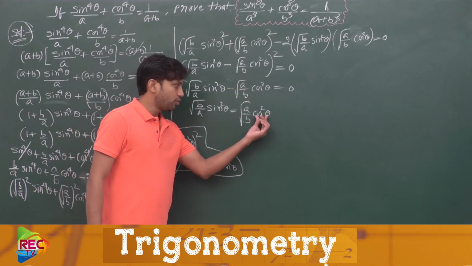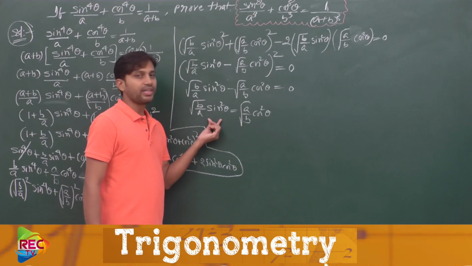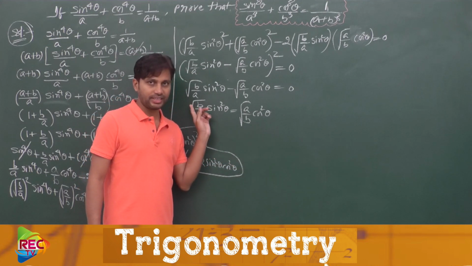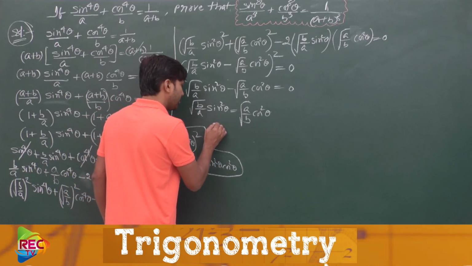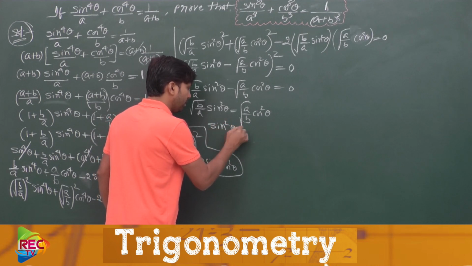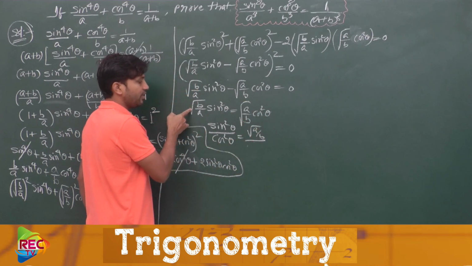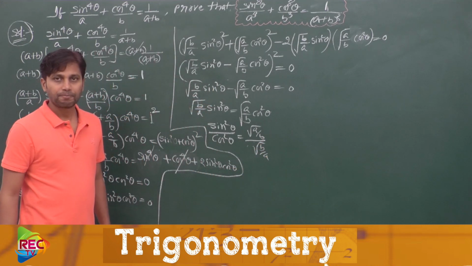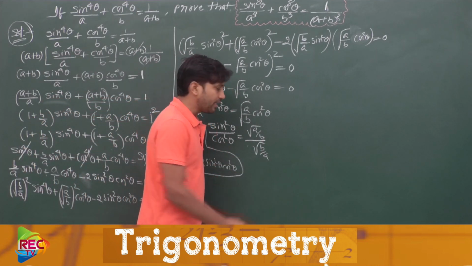Okay, let us do the cross multiplication. We can say here cos square theta we bring to this side, it will come under denominator, and root b by a will go under the denominator when we send this to another side. Okay, so what happens here? Just tell me. Sin square theta by cos square theta equal to, here it is root a by b by root b by a. Okay, as we know that there is a fraction in denominator part, it will get inverted.